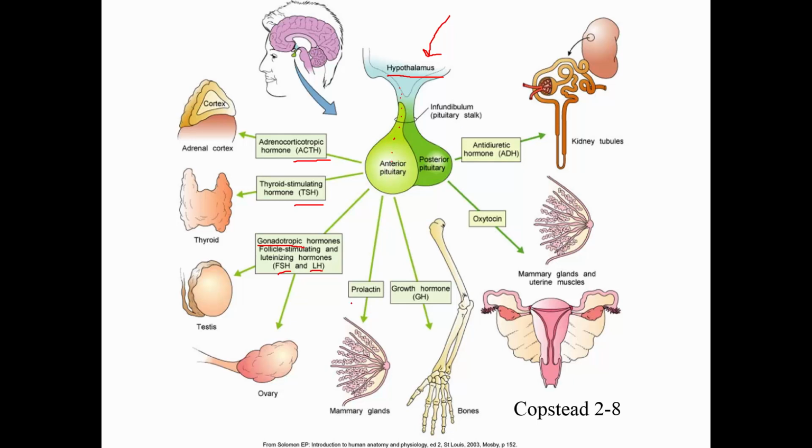Anterior pituitary produces a substance called prolactin that promotes milk secretion. We're going to find there's a hormone that we sometimes think of as a neurotransmitter, but in this case it's a hormone. Dopamine inhibits prolactin, and then that inhibition is removed so that prolactin can act on the breast. Anterior pituitary produces growth hormone, which then goes out to the liver, goes to the bones, goes to the muscle, and we get another hormone called IGF.